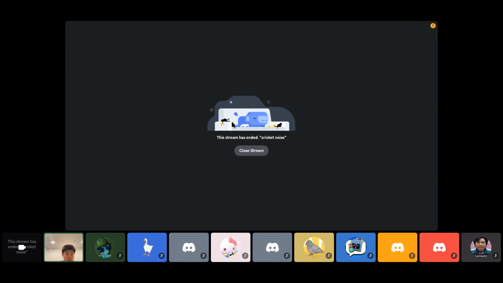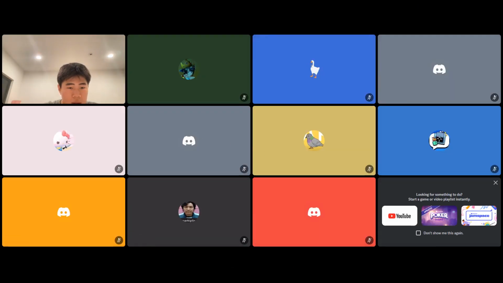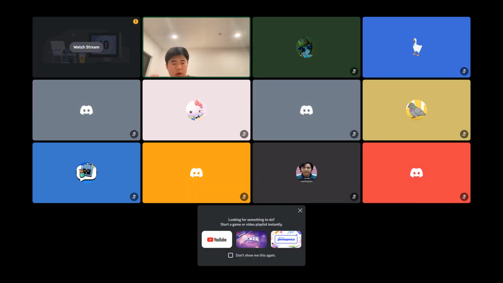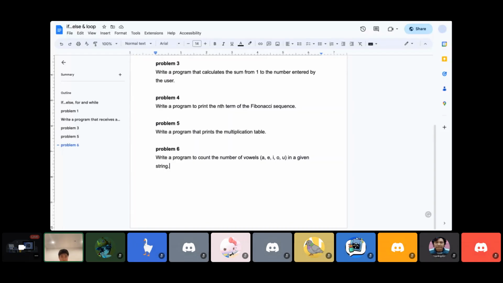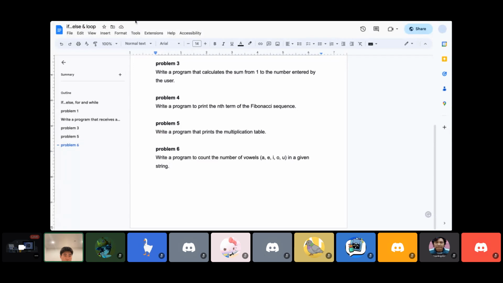So the next thing we're going to do is solve the last problem from yesterday's problem set. Here, problem 6. Write a program to count the number of vowels A, E, I, O, U in a given string. Okay. So in order to do this,